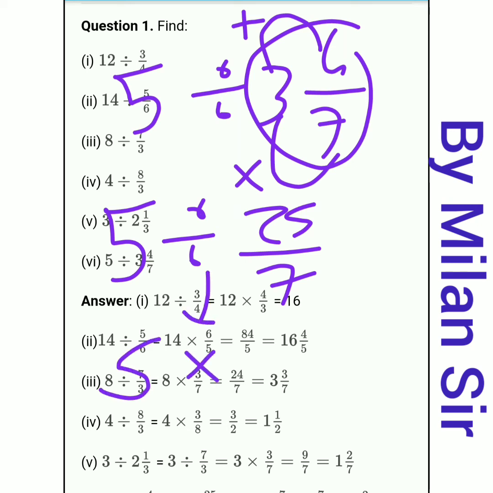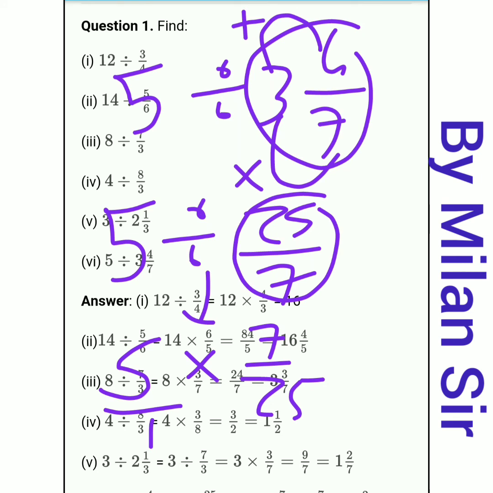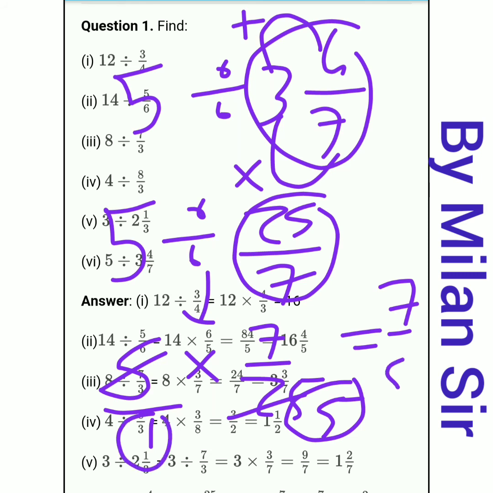This division becomes multiplication. And for 25 by 7, we need to take the reciprocal of 25 by 7, so it is 7 upon 25. Reciprocal of 25 by 7 is 7 by 25. So here nothing is present, so we can write 1. Now here we can do the simplification. 5 5s are 25, right? So in the numerator 7, in the denominator 5 1s are 5. So our answer is 7 by 5.